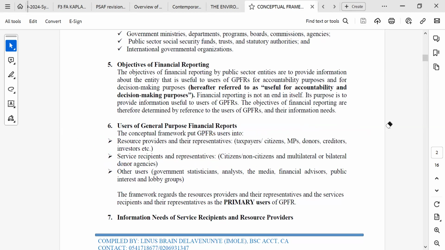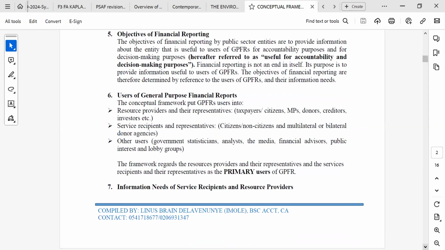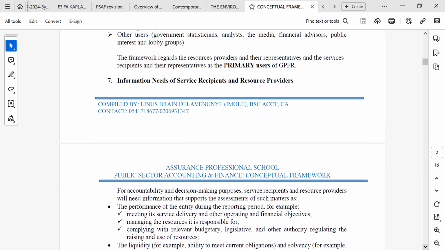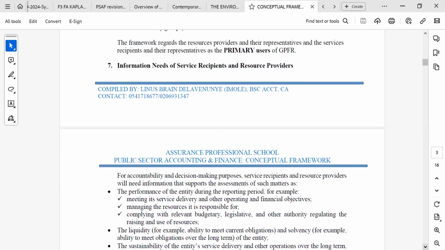Then let's count to these people, one by one, and why, what information, and what do they need the information to do. So we look at the users and what type of information they need, and what they need the information for. Let's come to informational needs of service recipients and resource providers. For accountability and decision-making purposes, service recipients and resource providers will need information that supports the assessment of such matters as: